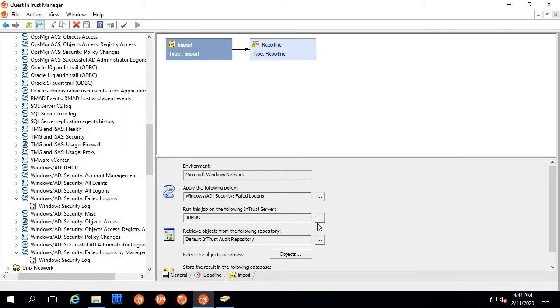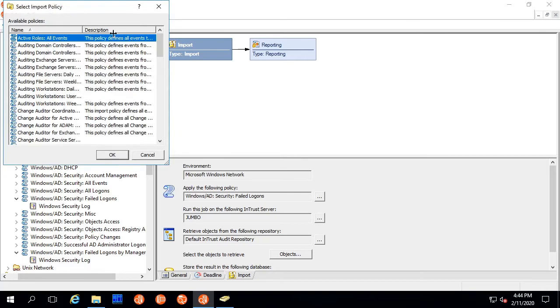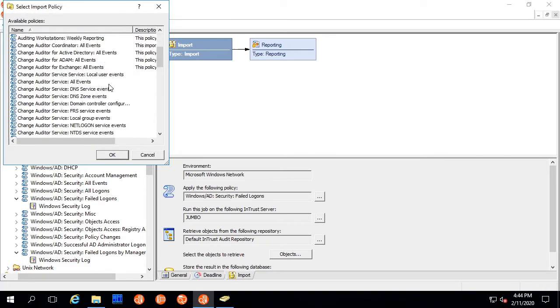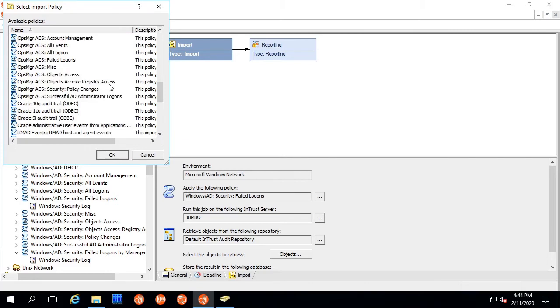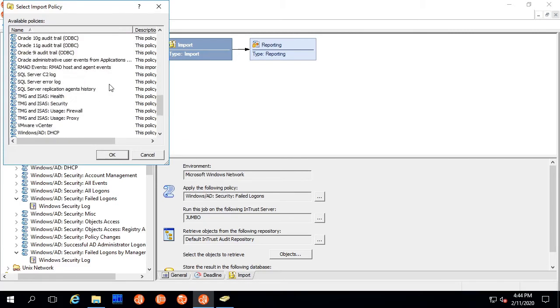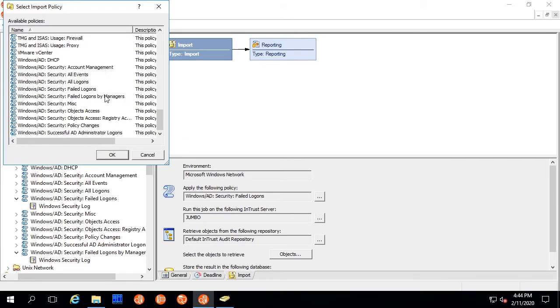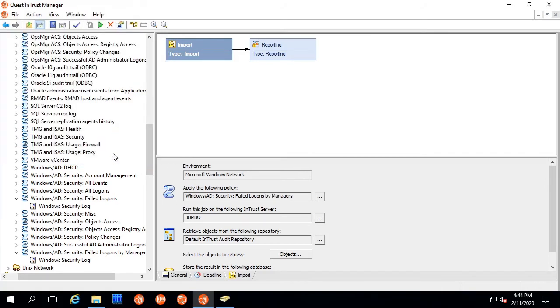Now switch to the new import policy. Don't forget to commit the changes.